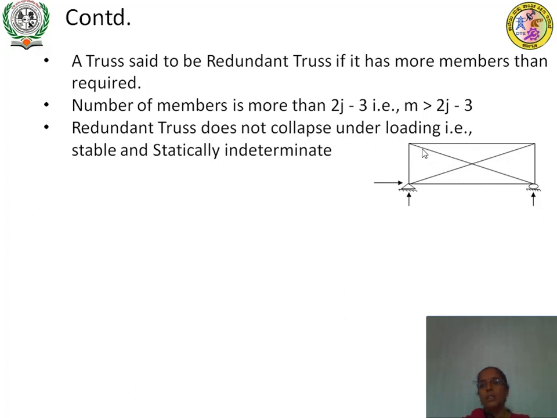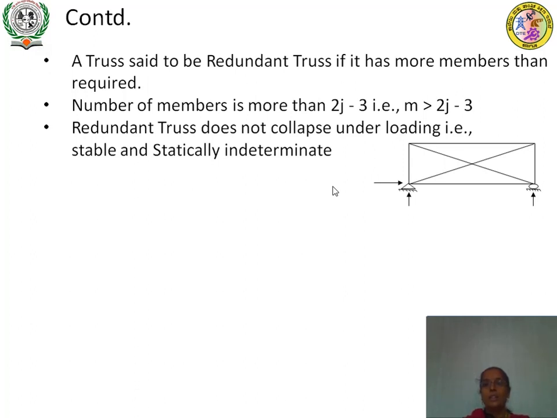But as the number of members is more than 2j minus 3, we cannot find all the member forces. So therefore it becomes a statically indeterminate structure. Perfect and deficient trusses are determinate structures, and perfect and redundant trusses are stable trusses. Stable structures will not collapse,